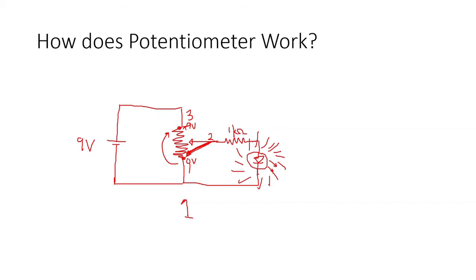So why 0 volts? Because this end of our circuit, so this is our load, the circuit load, this end is already connected to 0. This is the maximum 9. And the other end of the circuit, if you connect that to the 0, so 0 and 0, is there any difference? None, right? So the potential difference is 0 volt. So this bulb will not light up. Okay, it will not light up. But